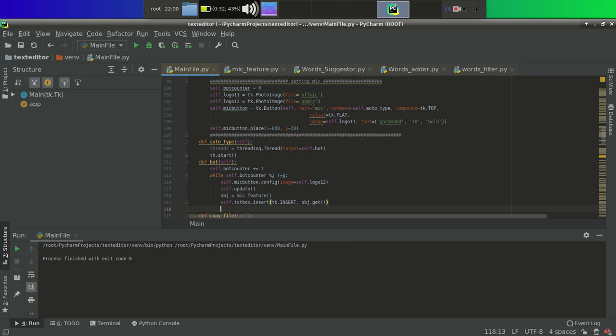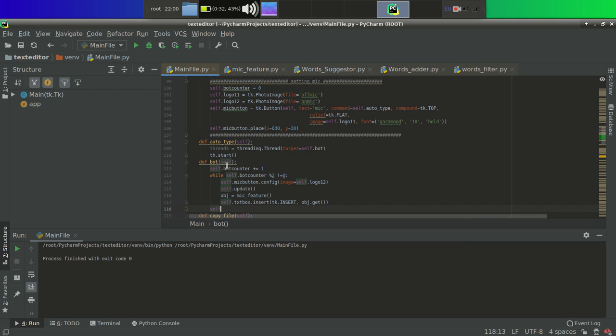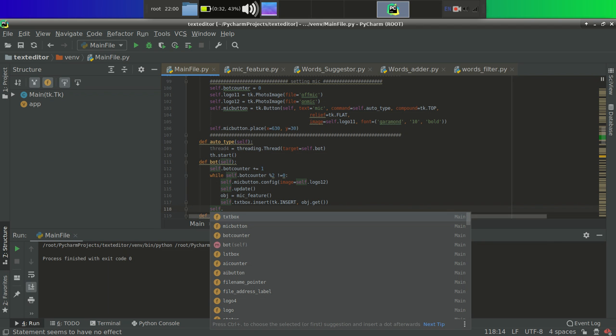Now this loop will run only if self.bot_counter is 0 or odd. If it is even, then we will come out from this loop and we have to update the icon of the mic button.